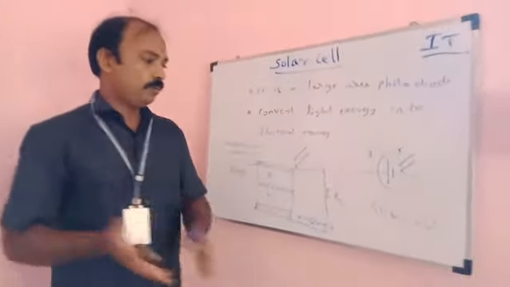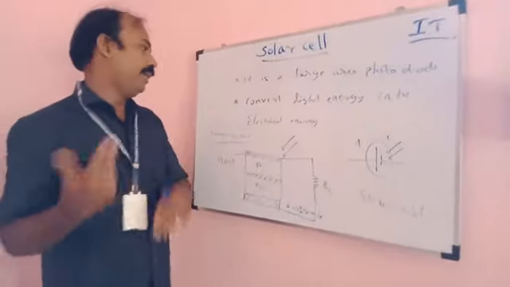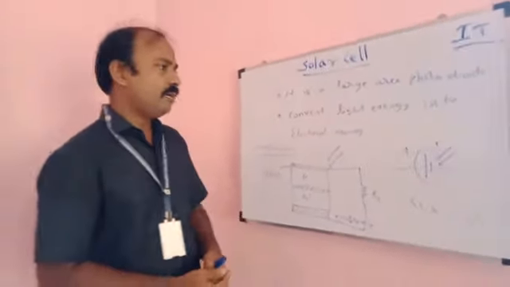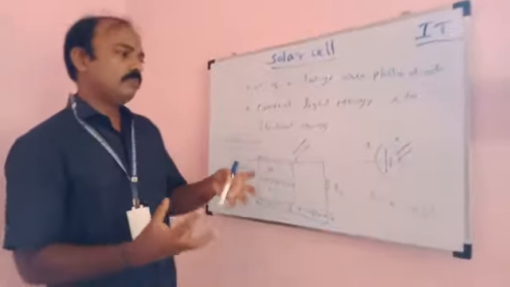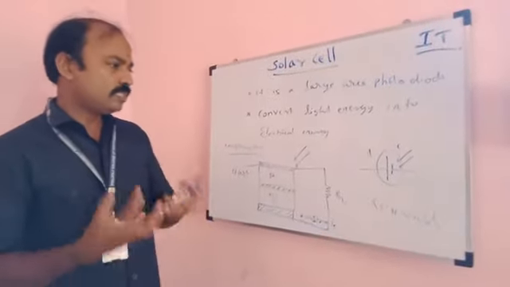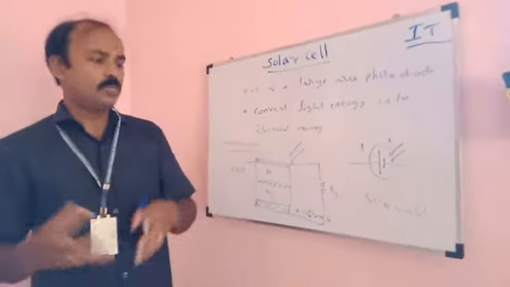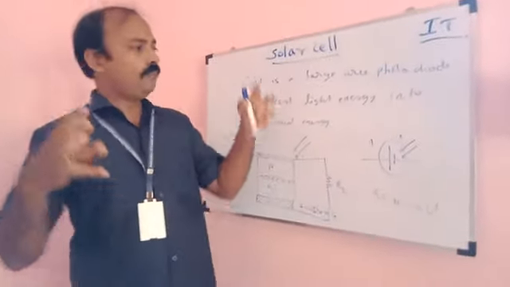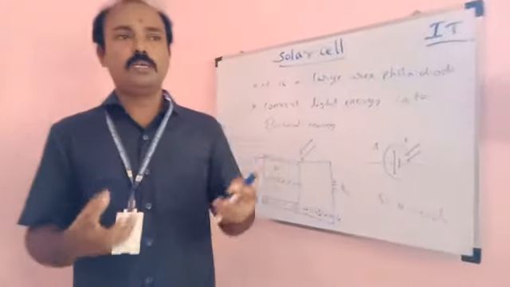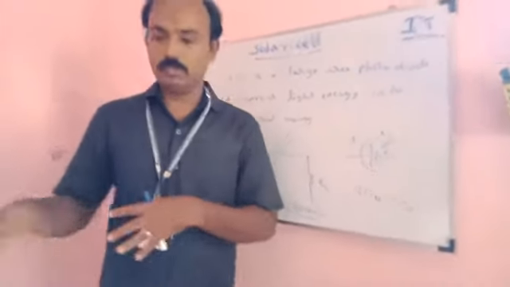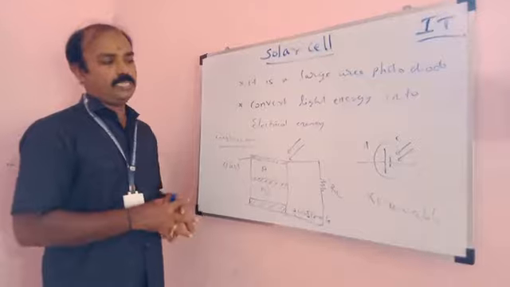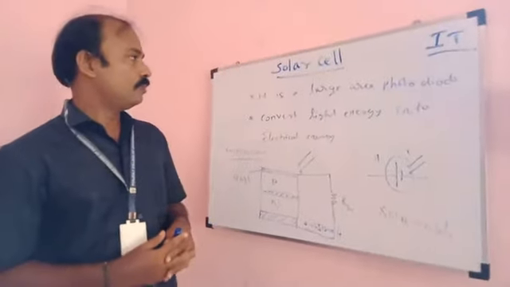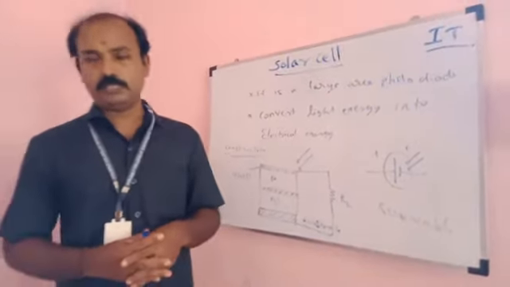Automatically we are able to get electricity day by day, 24/7. That means in the night time also we are able to use this energy because of the storage system. By using the storage system, every morning the cell fully absorbs the light and stores those electric charges, which can be used in the night time also. So it's a better device.